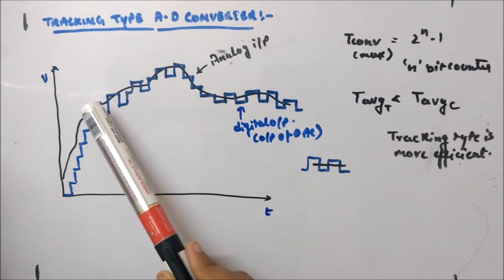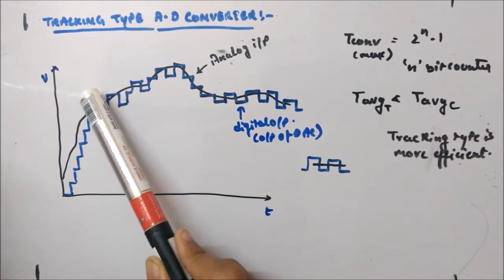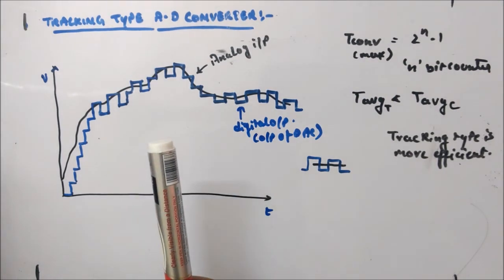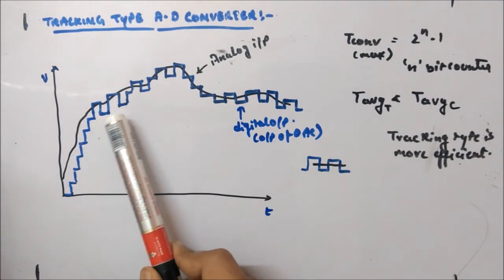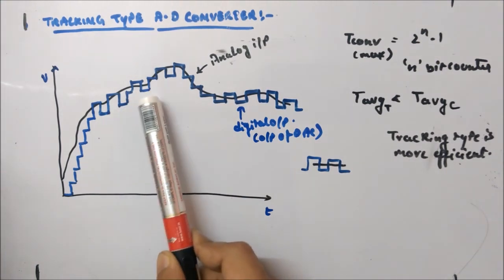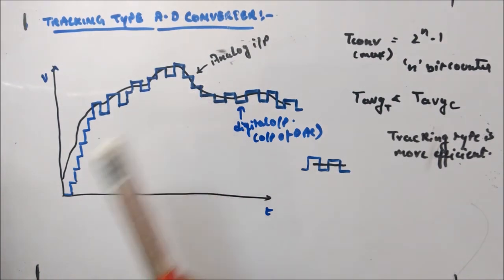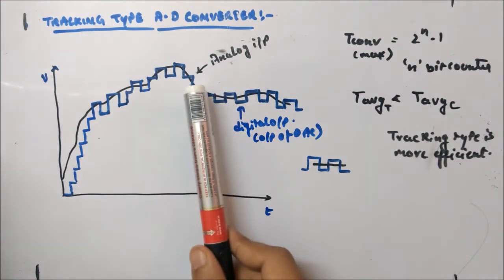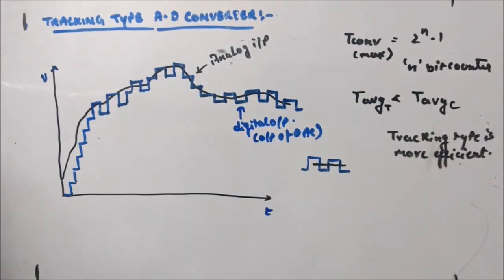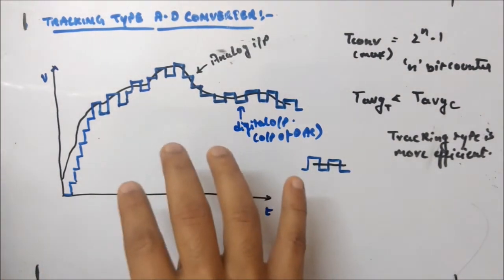Whenever there is an up count and the input voltage is also going up, then the output will be fetched to the latch, and at some points when there is a down count, it will not take, like here and here. But here you can see, since the down count is necessary for capturing the analog input, at this point the output will be fetched to the latch.